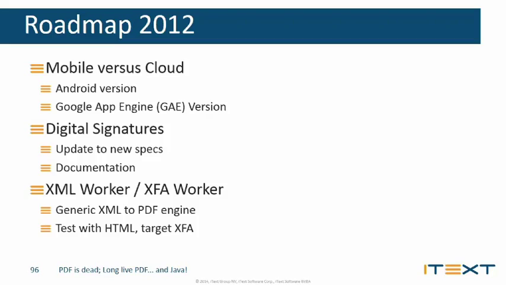XML Worker and XFA Worker. Raf showed a very short example about filling out a form, and it was an AcroForm. You also have XFA forms. XFA stands for the XML Forms Architecture, where the PDF acts as a container for XML. And the forms based on the XFA technology are really dynamic. In AcroForms, every field has its specified coordinates. They are fixed. You can't change the coordinates, or if you change the coordinates, you get a bad result. XFA, XML inside PDF, gives you a lot more freedom regarding the number of pages and so on.